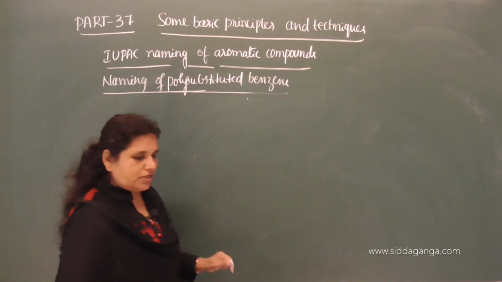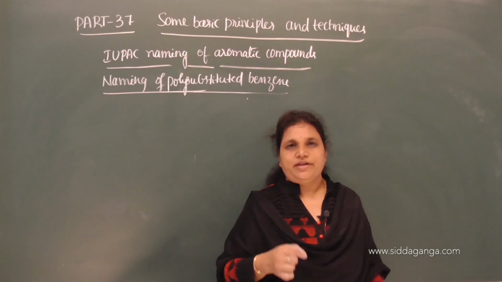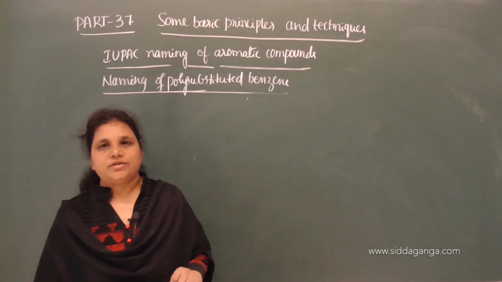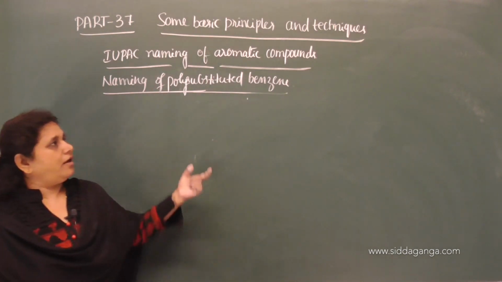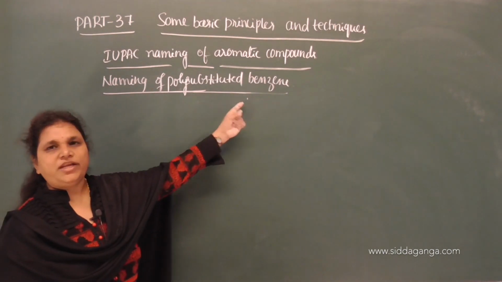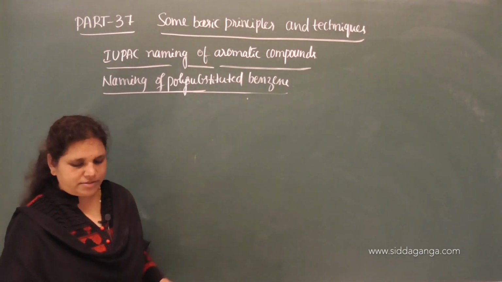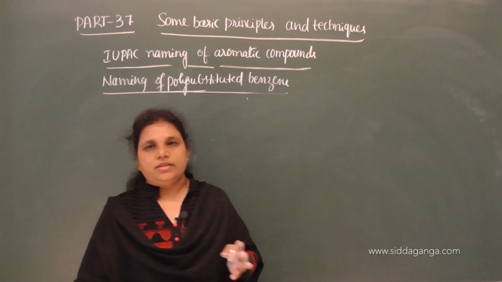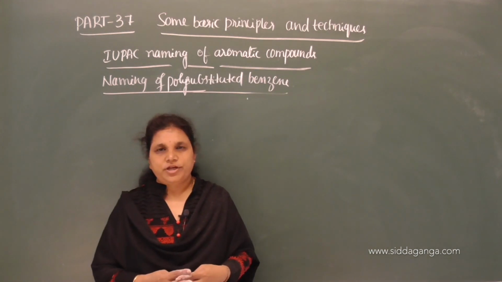What do you mean by polysubstituted? The name itself indicates: if more than two substituent groups are attached to the benzene ring, then they are called polysubstituted benzene. And again here also, the three groups may be substituent groups,